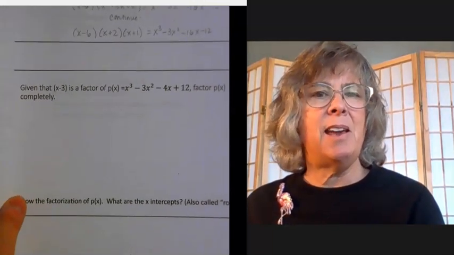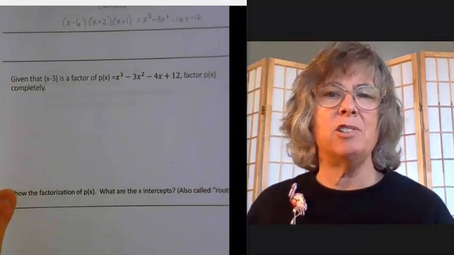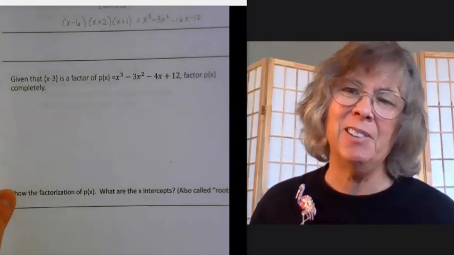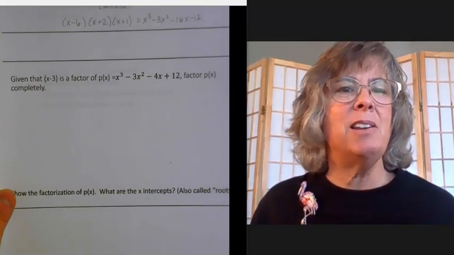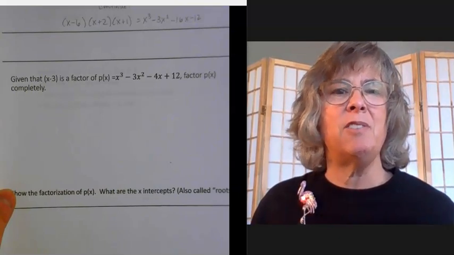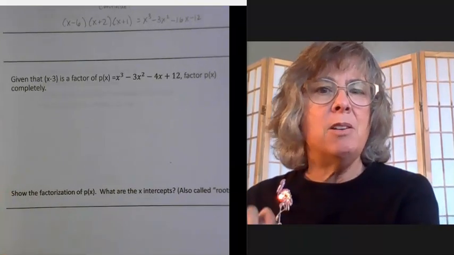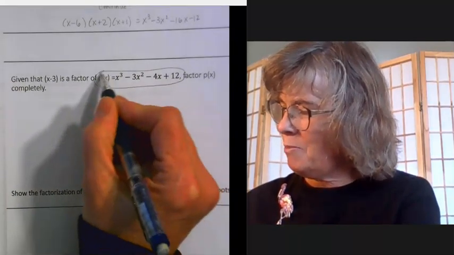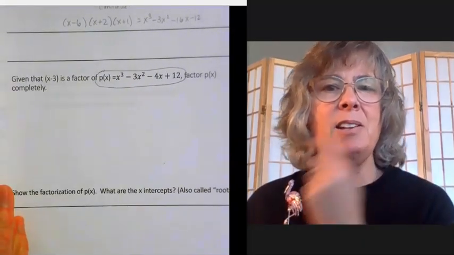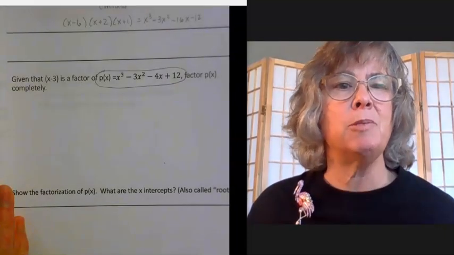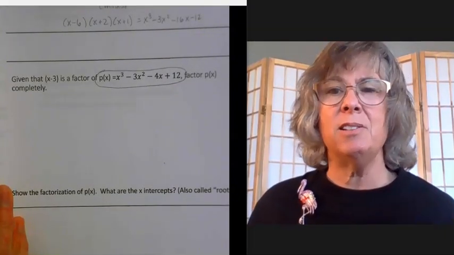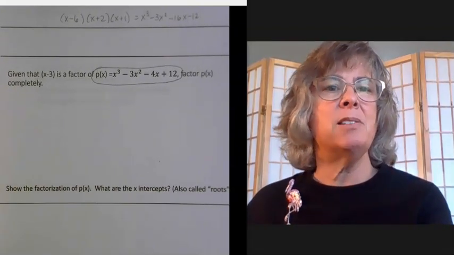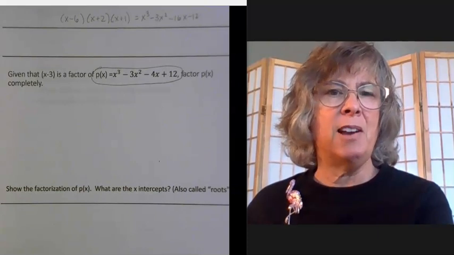So let's say we have a brand new function. If you're really savvy, you'll notice that, wow, that was the same function we were working with. Yeah, it was. So now we've got, given that x minus 3 is a factor of this polynomial. Now notice I'm not just giving you the expression, I'm giving it to you as a function. That p of x, that's an f of x notation. And it's saying to factor p of x, because then you're going to get some additional information that will really help you out. So given that x minus 3 is a factor of it,